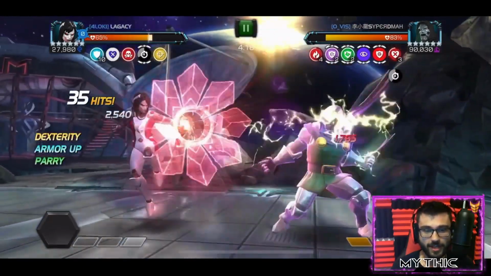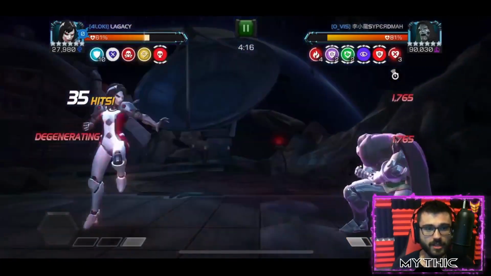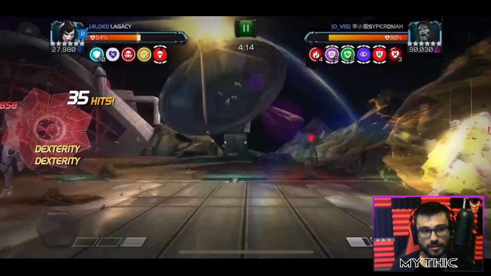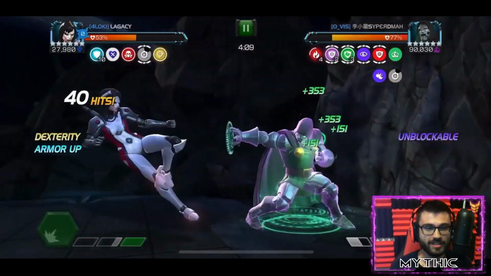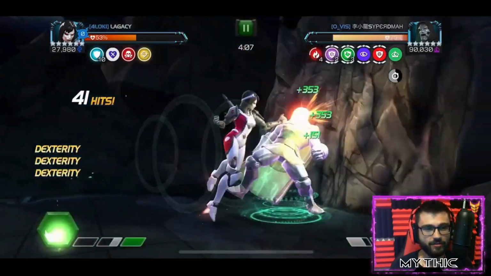My concern here is just keeping my debuffs paused and staying alive. Literally, that's it. And what do I mean by staying alive? Well, evading his specials. There's also, this Doom is also linked. I forgot to mention that this Doom boss is linked. He does have...